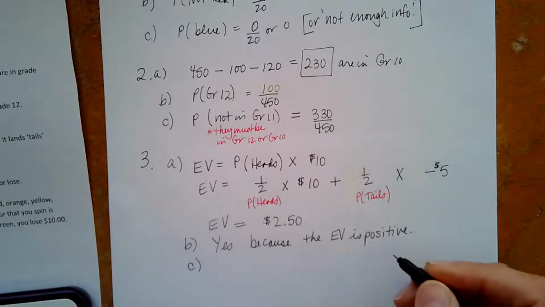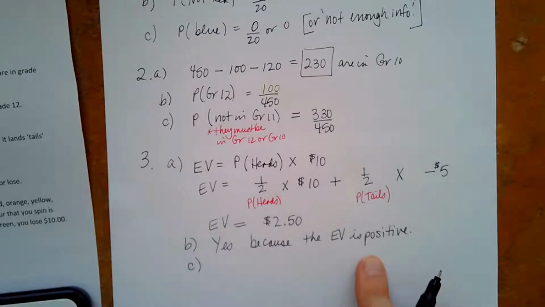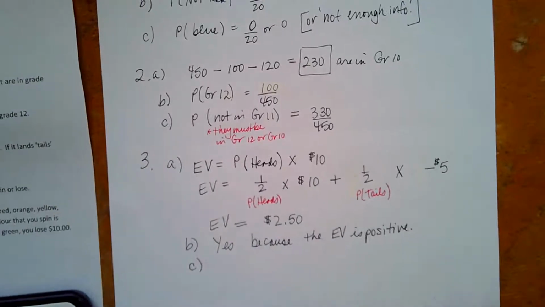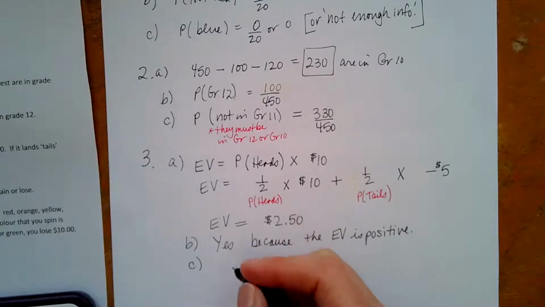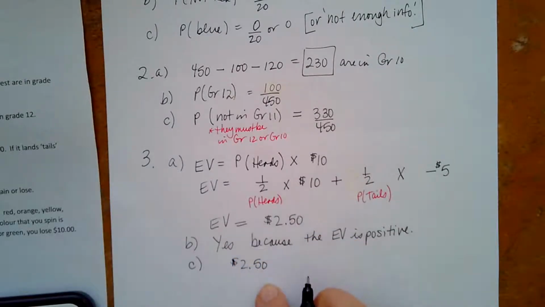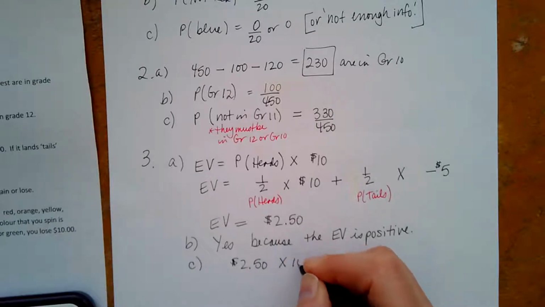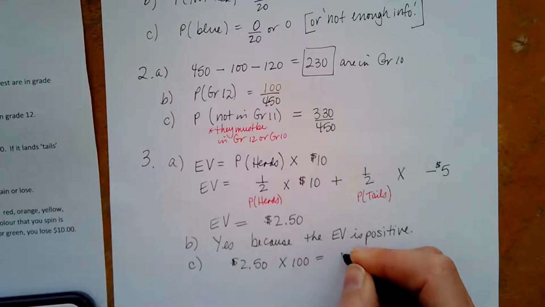If you play this game 100 times, other answers are possible. You could say no, there's no guarantee. We're just doing expected value, but there is no guarantee that you're going to make that amount. So if he wins $2.50 each game, if he plays 100 games, he's going to win